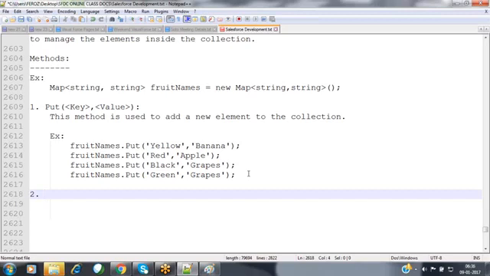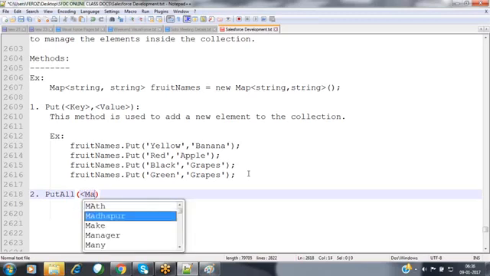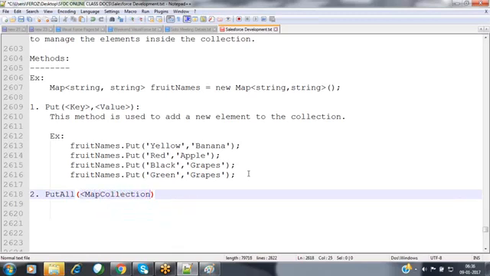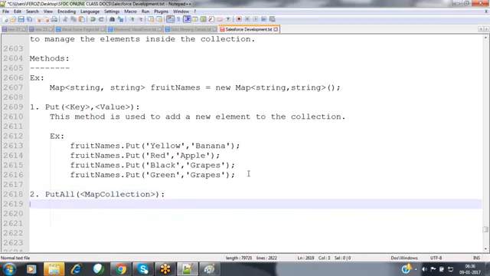Suppose you have a collection of elements which you want to dump, then we can use a method called putAll, where we have to specify the map collection. From one map collection to another map collection, we can dump the values as well.